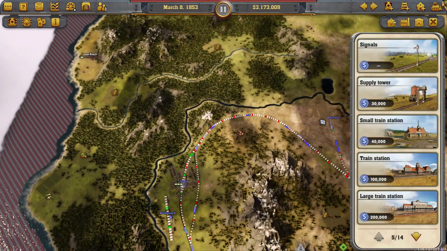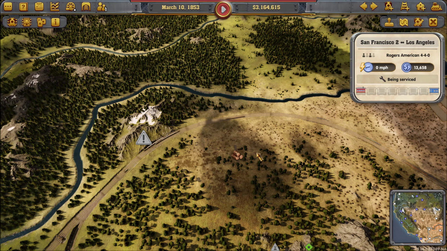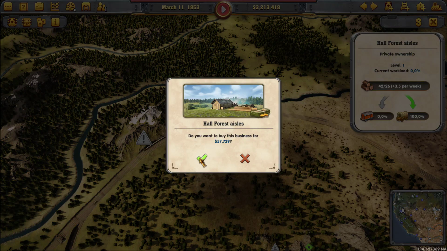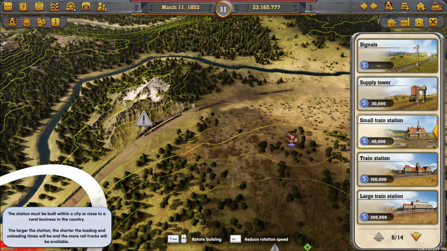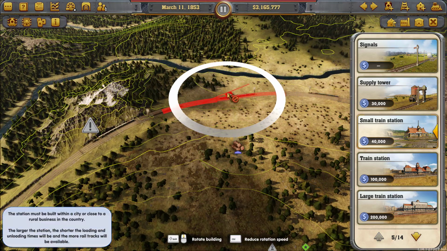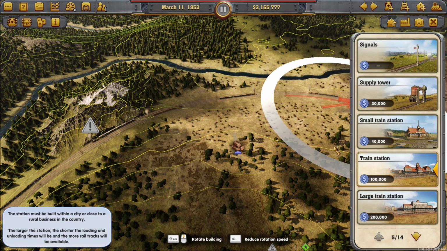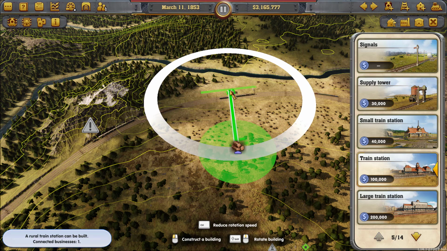And we're going to slow down a little bit. And then, do we want to buy this? Yeah, let's buy it. I'm in a buying mood. All right, I want to get over here. Would like to start over here. A small station won't reach it. Maybe a train station will. Yes, it will. So we're going to get over here